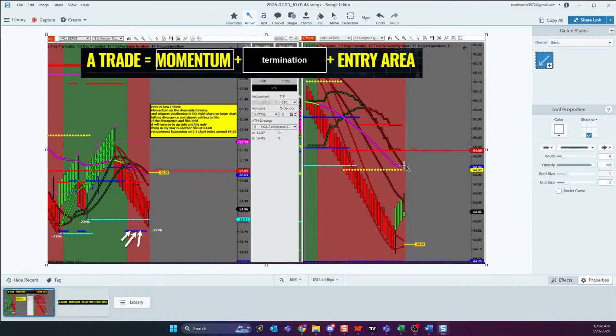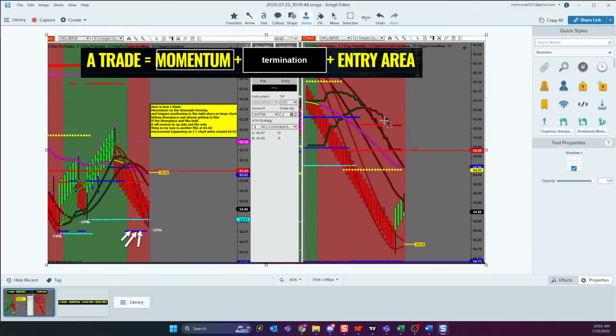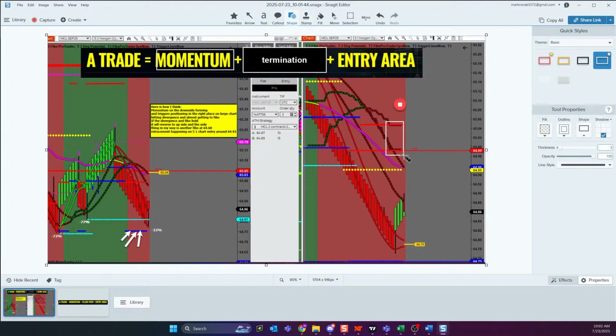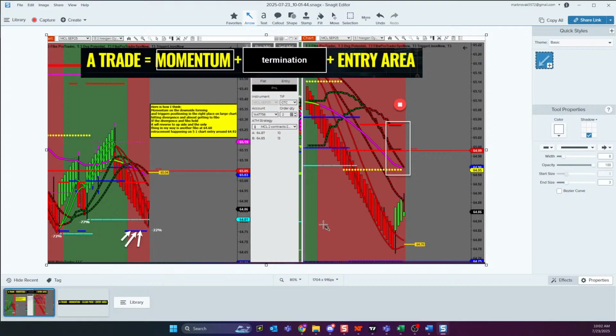Do you have an area inside of triggers? You do. You've got 1, 2, 3, 4. And if you enter at the lowest area, you have approximately $160, $170 per contract risk. And if you chose to take that trade, you're risking $170 per contract directly into an area that could stop the market. Does that make sense?